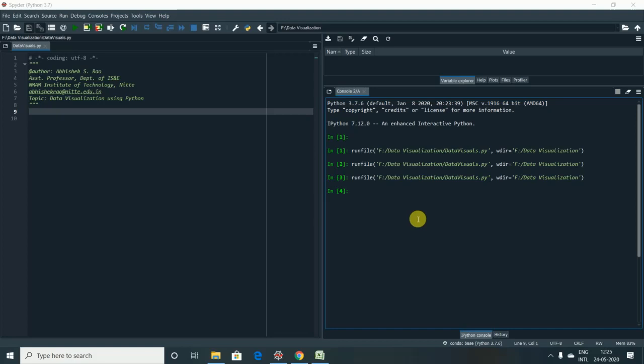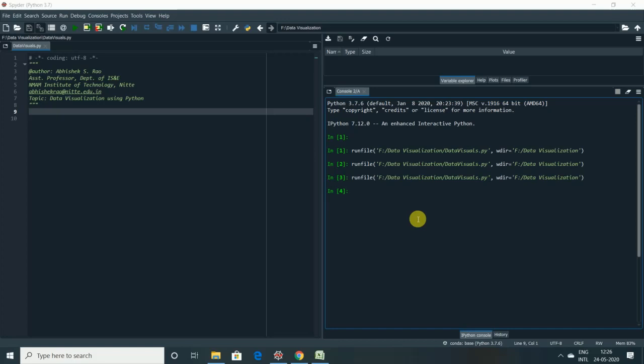So coming back to the topic, visualization in Python is possible using multiple packages. Some of the most widely used packages are Matplotlib, Seaborn, and also Plotly. For very simplistic visualization purposes, we can also make use of the Pandas package as well. Matplotlib is a 2D plotting library using which we can do a variety of charts like bar charts, pie charts, as well as scatter plots.